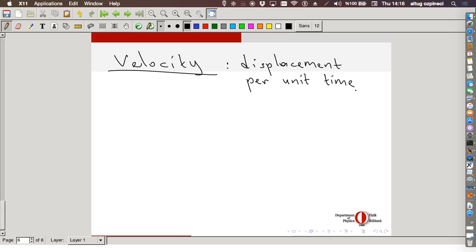Okay, we will be defining 2 different velocities. One is the average velocity, which is nothing but the displacement divided by the time that the displacement took place. This is what we mean by the average velocity. Now, we don't care what happened between the initial time and the final time, how much he moved, how much distance he covered, but only his displacement during this time. So this will be x final minus x initial divided by t final minus t initial. This is how we define it.